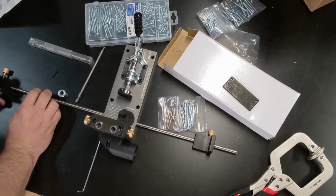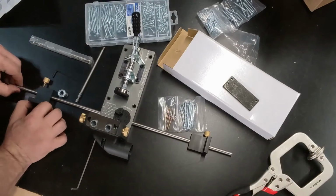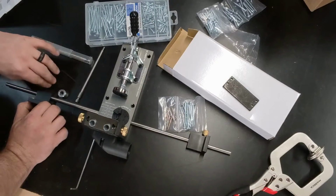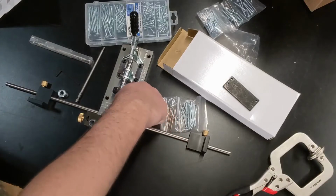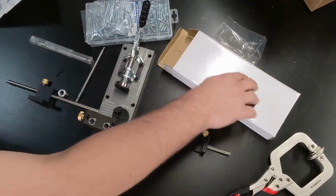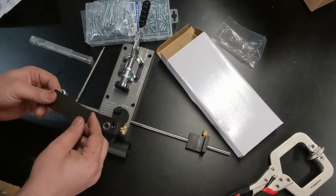If you go this way, just using it as a set, you can now tighten this back up and set it where you need to. So it's adjustable. Both of them are for you to flip those either way, which is nice. 4 screws here for putting it down on a piece of wood. I know a lot of people like to do that. Some more pocket hole screws came in the clamp box. And I did figure out this piece of metal is for using it as a portable